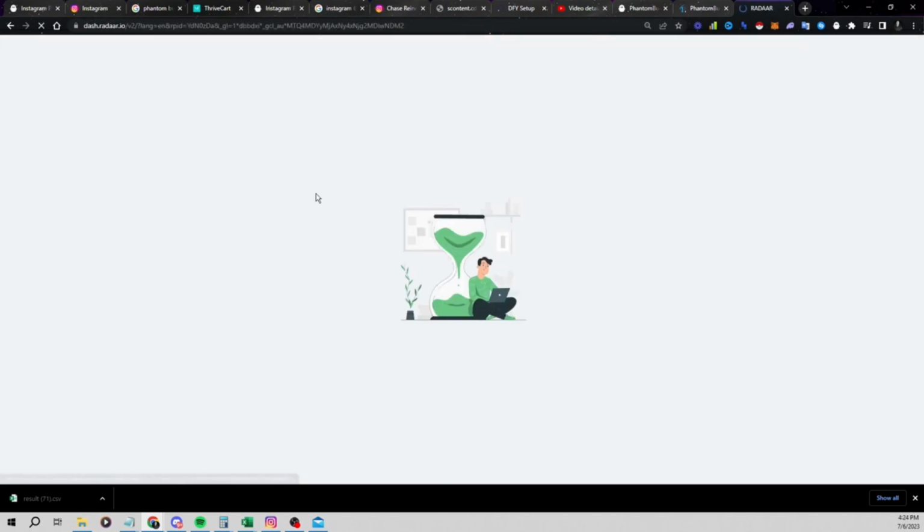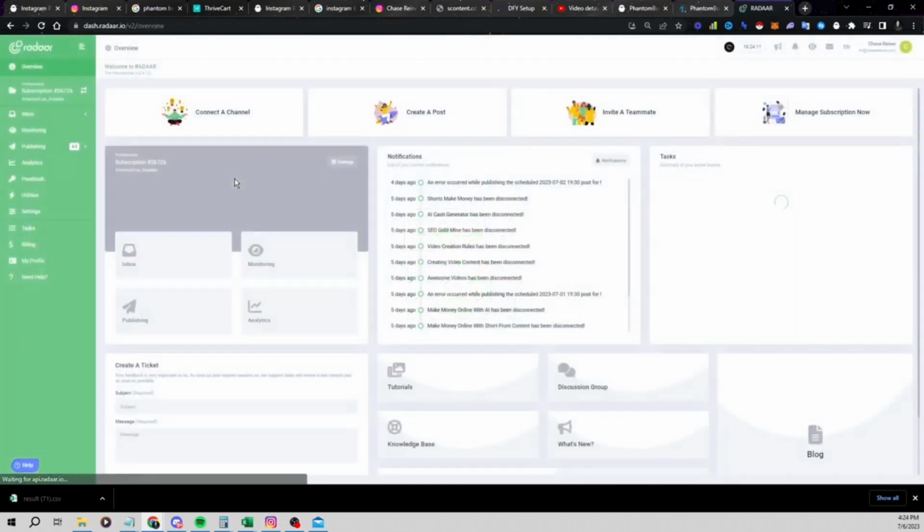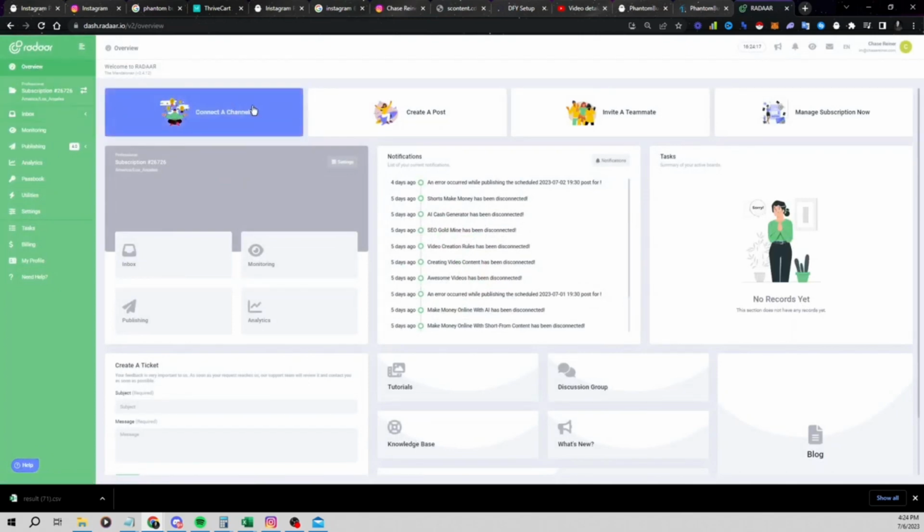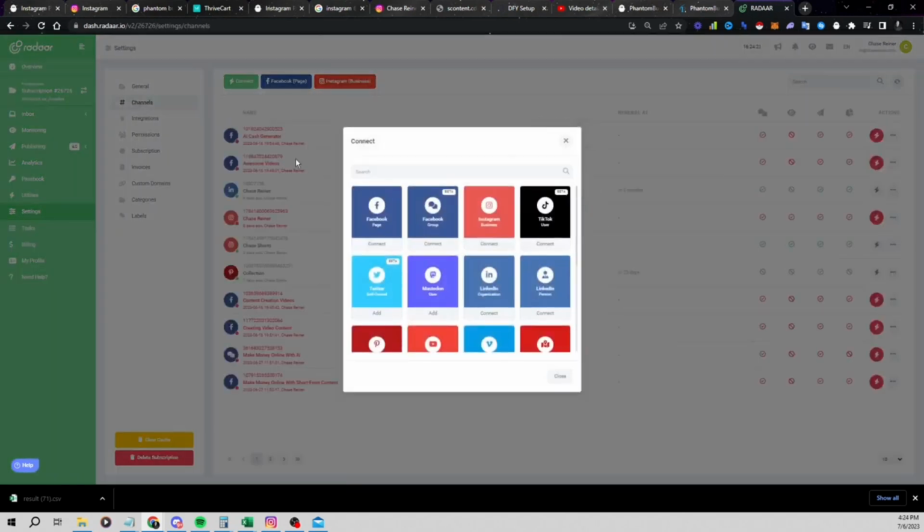Next, I can head over to a tool called Radar. Let me sign in. And I can start out by connecting my social media profiles. So the first thing you're going to see on Radar is it's going to say connect a channel. If I click on that, I can connect some pages. So I can start by connecting my Facebook page. If I click on connect here,